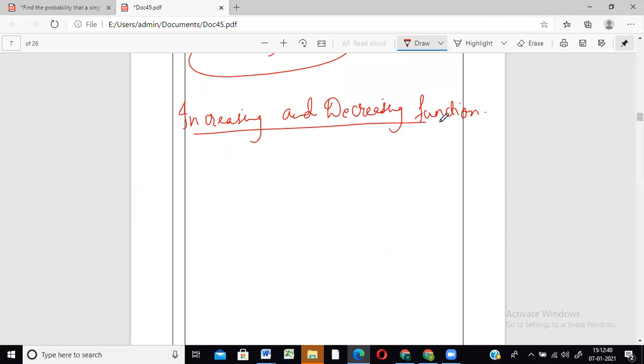In increasing and decreasing functions, you need to understand the definition. As the name says, first we'll do it for increasing. Suppose you have a function, say y is equal to f of x. When can you call this increasing? You can call y is equal to f of x increasing if, for each point, suppose this is